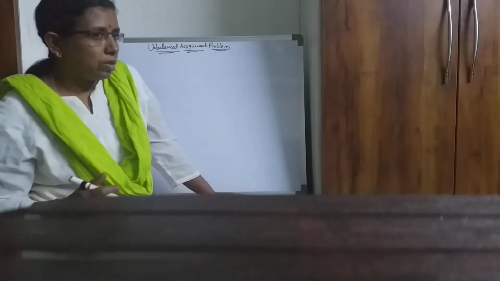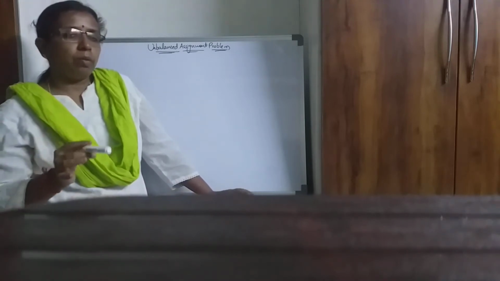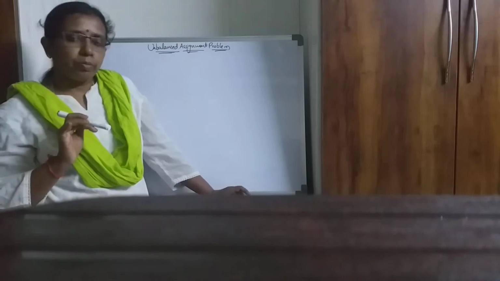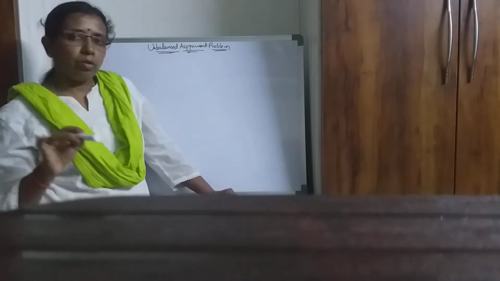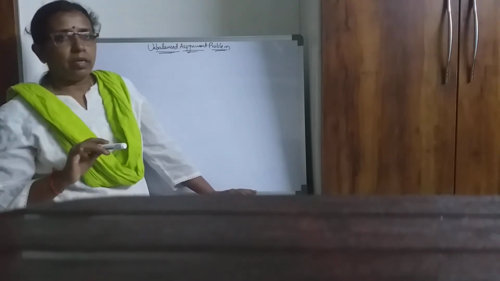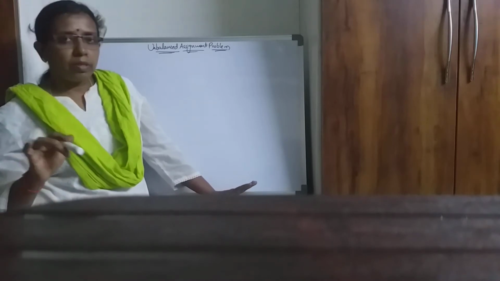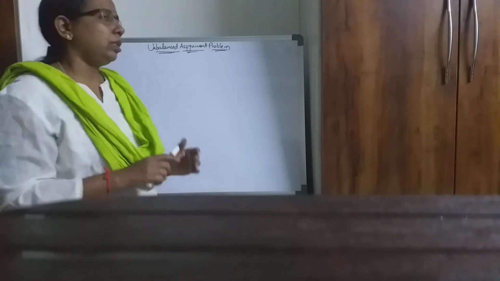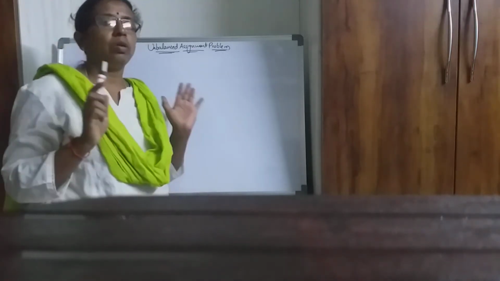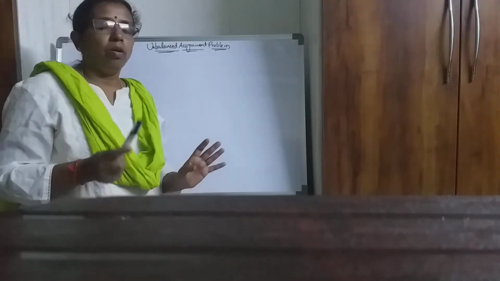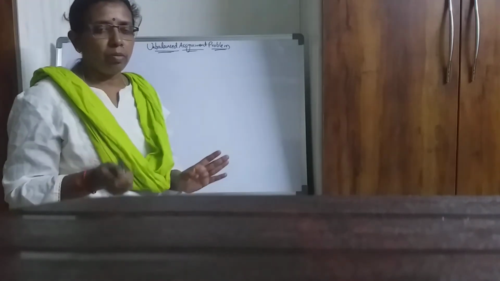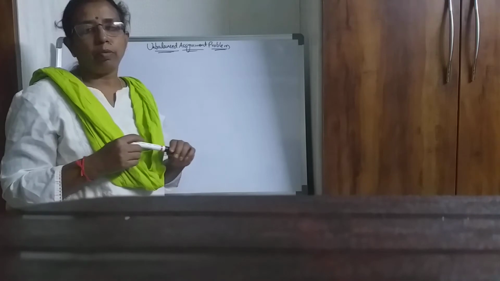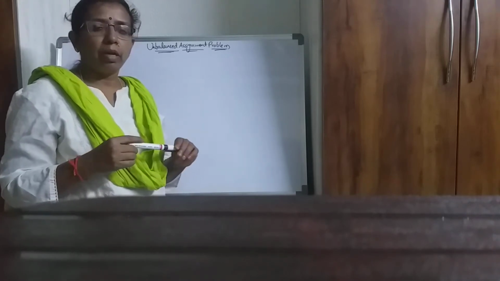There we have seen that in an assignment problem the number of jobs should always be equal to the number of persons. That means the number of jobs performed should be equal to the number of persons to be assigned. So an assignment problem is always a square matrix. Whenever the number of rows is not equal to the number of columns, or the number of jobs is not equal to the number of persons, then that problem is known as an unbalanced assignment problem.